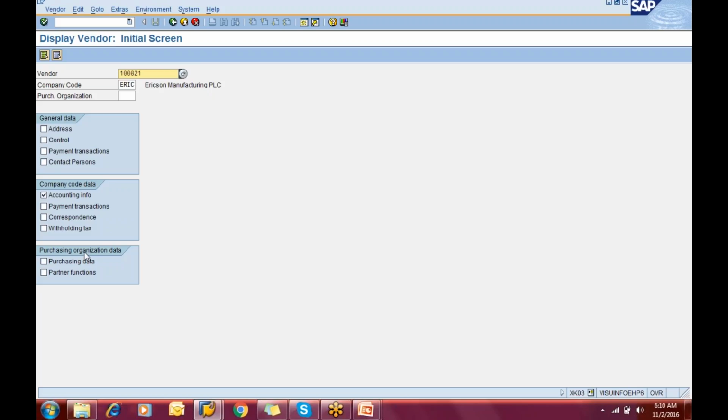So for your vendor, you maintain three level information or three segments, under which you can maintain the information. Under the general data, you can give the name, address, contact number for your vendor. Whereas under the company code, we have gone through the reconciliation account, terms of payment. Then